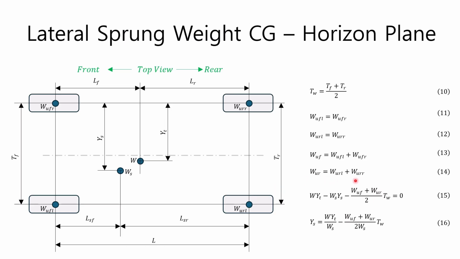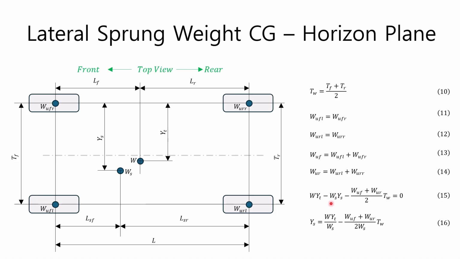Next, the moment equilibrium equation for the longitudinal line passing through the centers of the right front and rear tires can be expressed as equation 15. The first term in equation 15, the moment WYT generated by the total vehicle weight, must be in equilibrium with